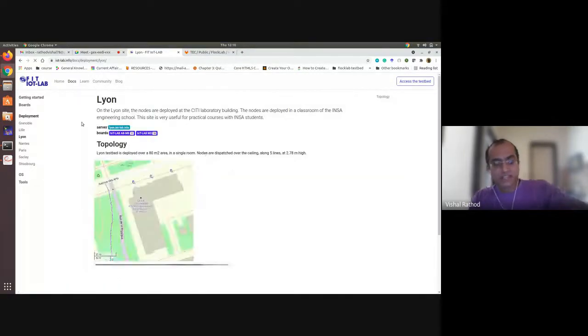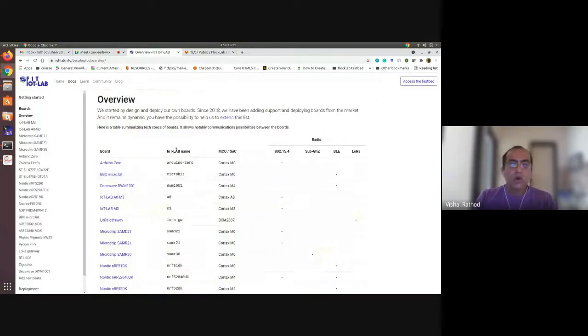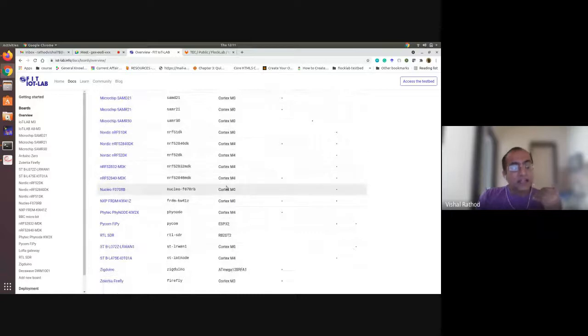So these are 6 different sites with 6 different premises to deploy the various types of sensors or nodes with sensors, so you can access it. Basically, if you go to the market and buy the sensors, it will be very costly for you. So what they did is they purchased the various parts of the sensors and built their own hardware. These are the hardware currently available in this FIT IoT-LAB.